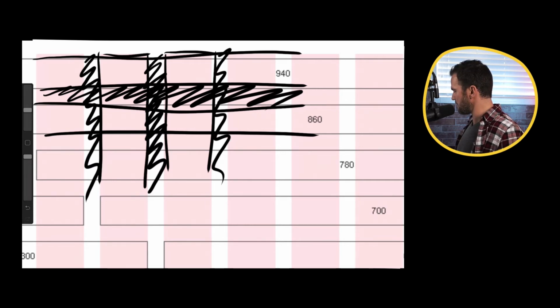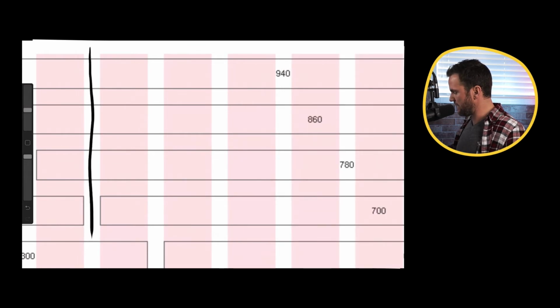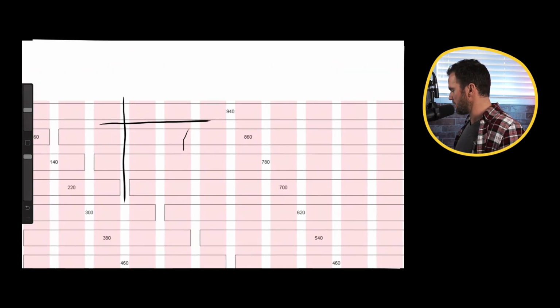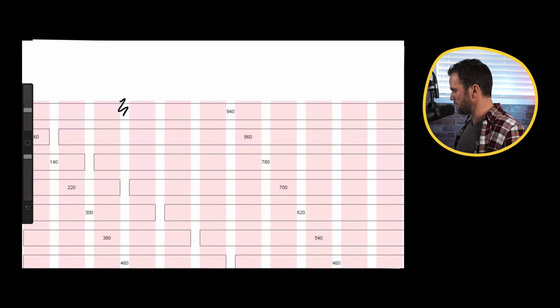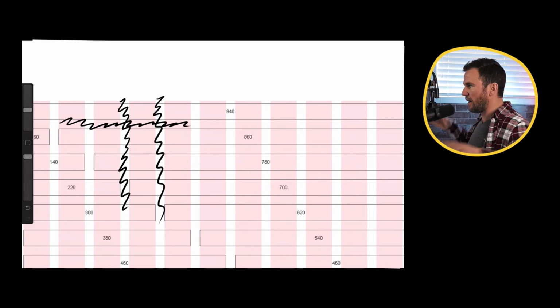If you're seeing that, those are the gutters. The gutters are the white space in between. In between, so horizontally and vertically. So this white strip here, that is a gutter. But then also in between here, that is a gutter. Okay? Gutters are the spaces in between. Gutter, gutter, gutter. Now gutters can be big, they can be small, they can be really